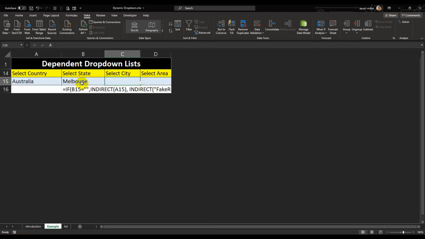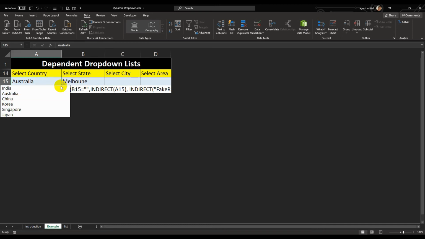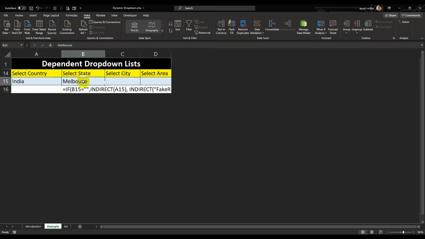Like, I have not given the range of city to Australia, so say I give India, come back to India again, and delete my previous selection. As you see, we had chosen the UP area, so say this time I select the Delhi area.